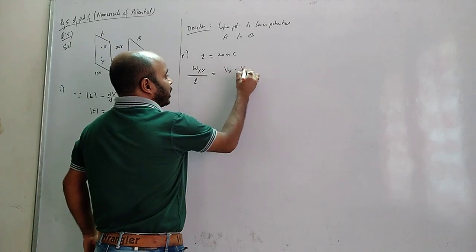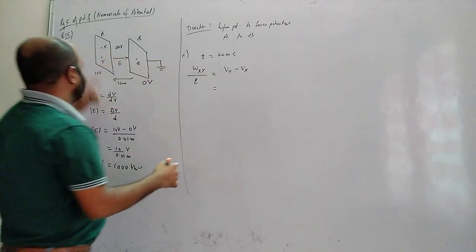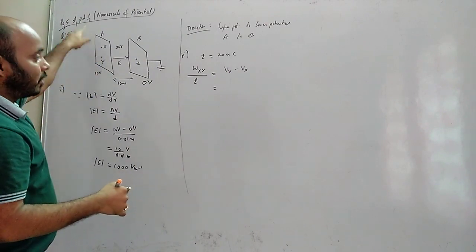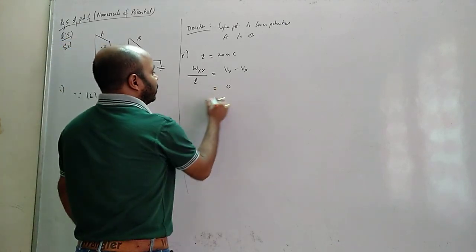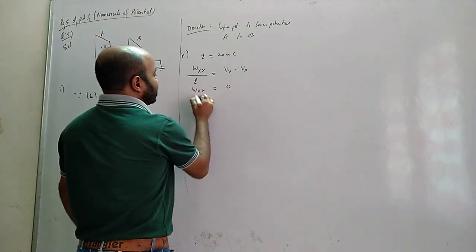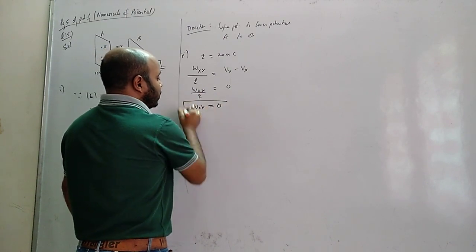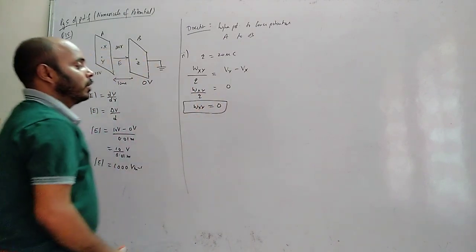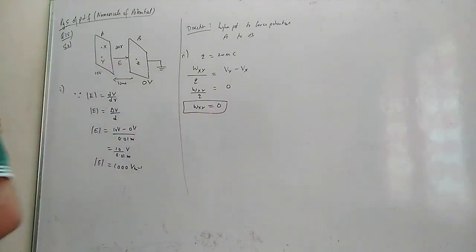Potential at Y minus potential at X. It's the opposite, right? So what is the potential at Y? 10 volt. The potential of X is also 10 volt, since it is on the same plate. The potential is 10 volt only. That means the work done to move charge Q from X to Y is 0. Work done is 0. Okay class? Now we'll go for the next one.